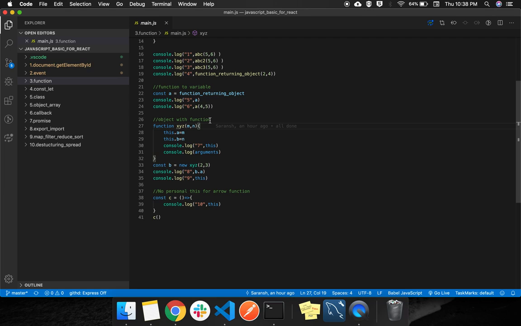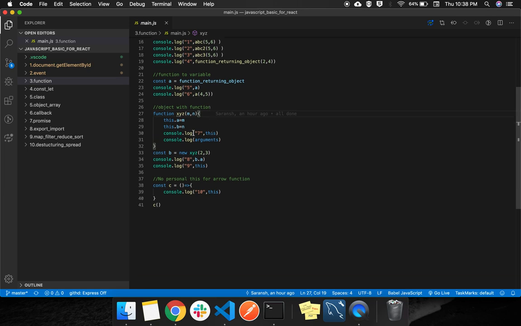Object with functions, you can create an object out of functions. Means the function can act as a class, and you can create a memory out of functions. The process is the same, function x, y, z, some parameters, but this time you have to write this dot a, transfer this m, transfer this n, and give the parameters new.